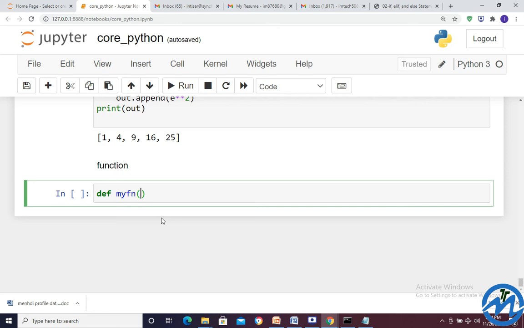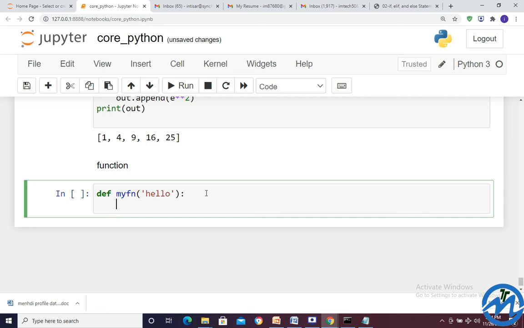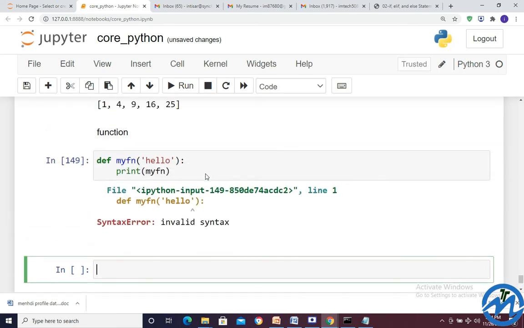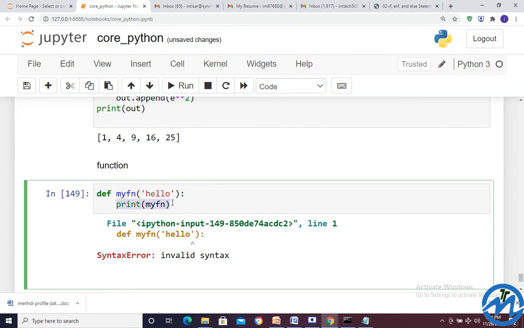What is that parameterized function? What can I give? Suppose I have given hello here, and then what I have to do, print. What will I print here?